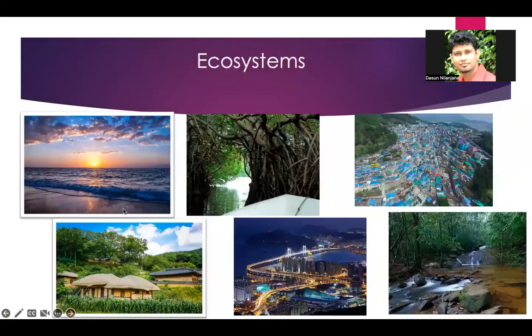Then we learned about the ecosystems, different ecosystems. Some are man-made, and some are natural, right? It depends on the type of animal living in the particular habitat, the particular ecosystem. It's adapted according to their needs, and if it is man-made, human beings are highly influential animals on the planet, so they are changing the environment the way they like. You can see this is a man-made environment, and these are man-made environments, but still you can call them ecosystems.